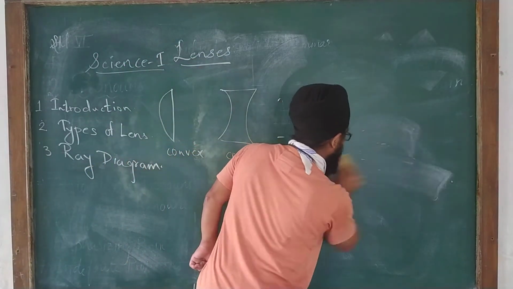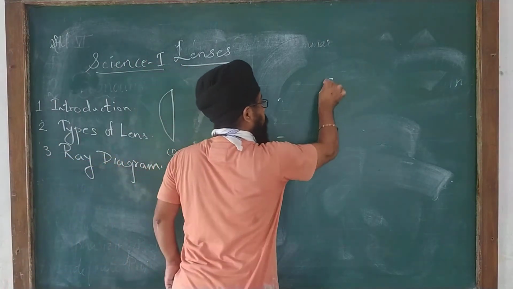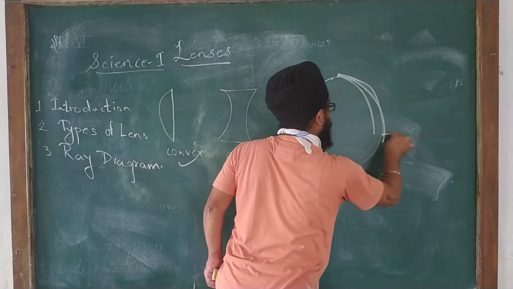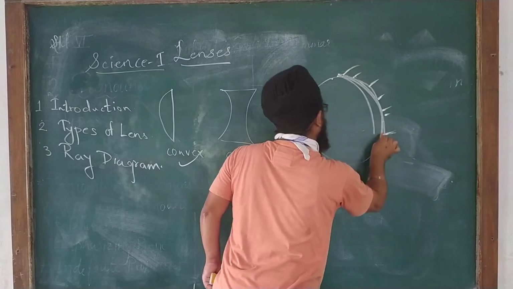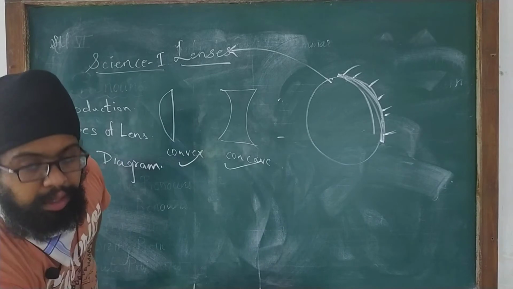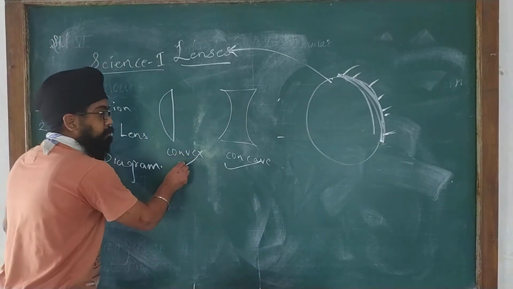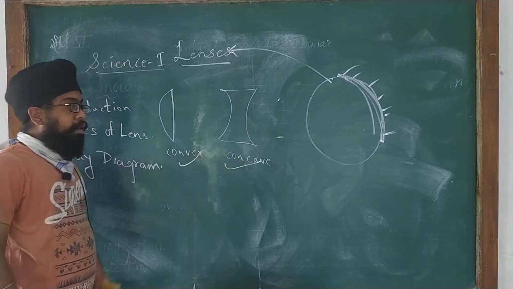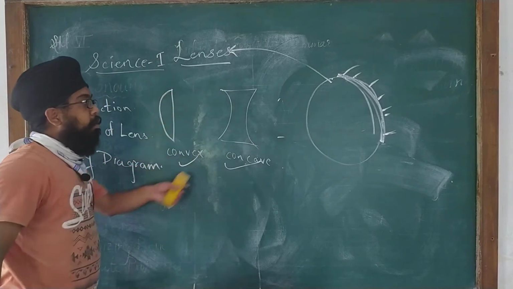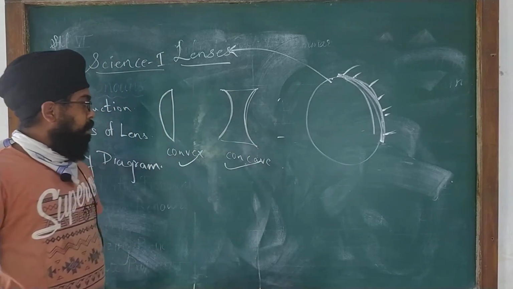So basically two types are convex and concave. Now suppose this is a mirror, correct? A shaded part, or some part of it, is cut out, and that is said to be your lens. That part of the mirror is said to be your lens. So there are two types: one is convex, another one is concave. Convex is nothing but bulging outward, and concave is pulled toward the inward direction.